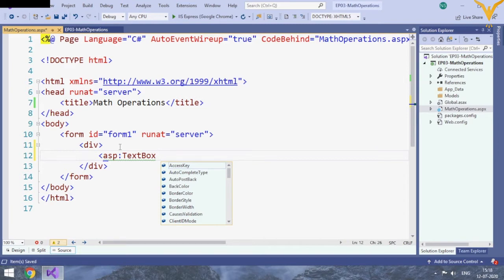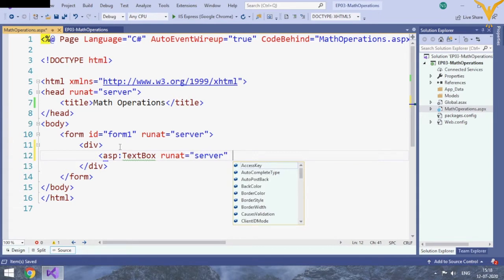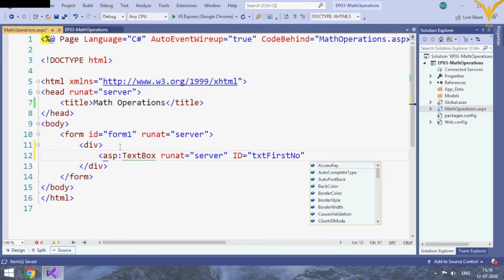If you look at any other control, all these controls start with ASP. So you should add this run at server attribute to all ASPX controls. Then you need to give an ID to each and every control. It's not mandatory, but you should give an ID to all controls. So we'll take text first number. I'm using camel case to give names, and here there is one attribute called client ID mode.